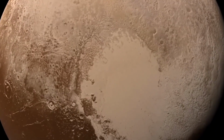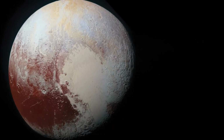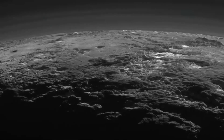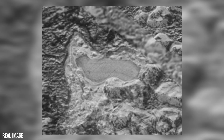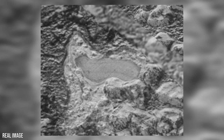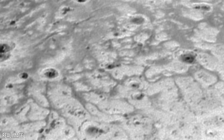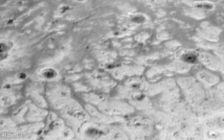However, the dunes on Pluto are unique in several ways. It's possible that they were formed not just by wind, but also by the melting of nitrogen ice, causing sand-sized methane ice grains to be lifted above the ground by rising gases and then swept away once they were airborne. Additionally, the dunes on Pluto are much larger than the dunes found on Earth. Some are as tall as mountains and stretch for miles. This is likely due to the lower gravity on Pluto, which allows particles to be transported far more easily, creating